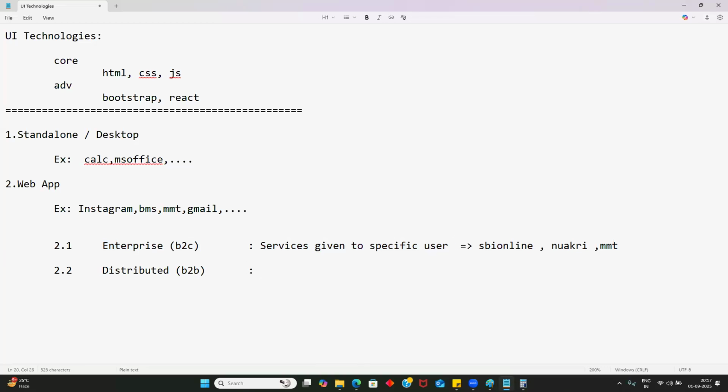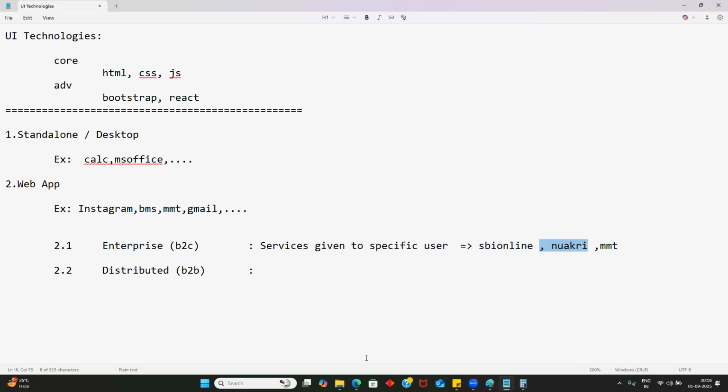Now let's talk about distributed. Guys, can I get a confirmation from everyone? Are you clear what is meant by enterprise? I mean, B2C stands for business to customer. My bad, I had not explained this. B2C stands for business to customer. SBI Online is getting the business, and we are all the customers. If you have an account in SBI, again, Naukari is getting the business from you and me, and we are all customers to Naukari.